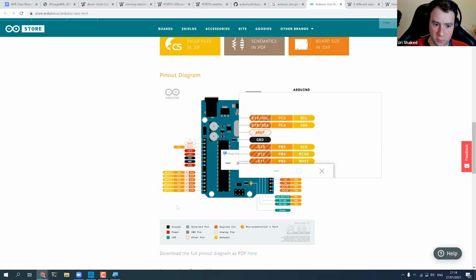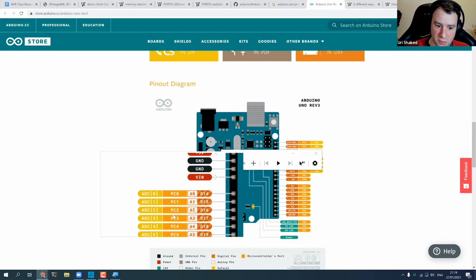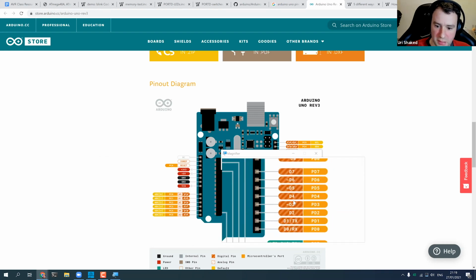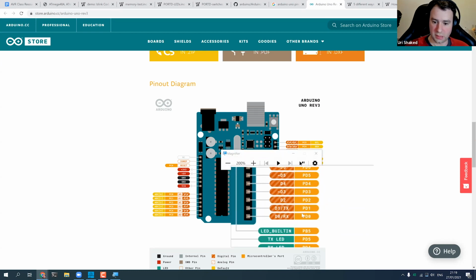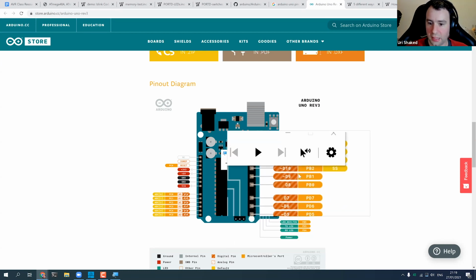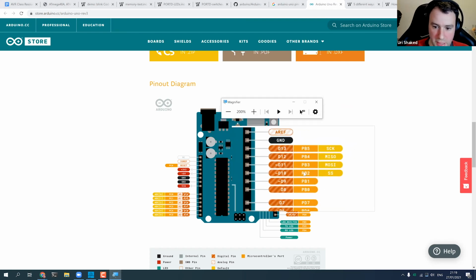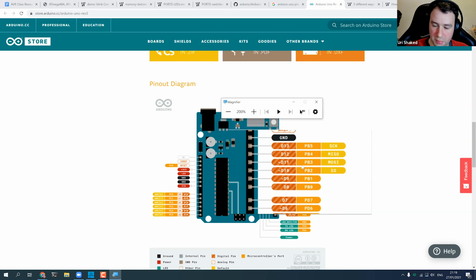Basically, all the analog pins are just PC0 to PC5, and then the digital pins are PD0 to PD7, so starting with PD. And then the remaining few are PB0 to PB5.